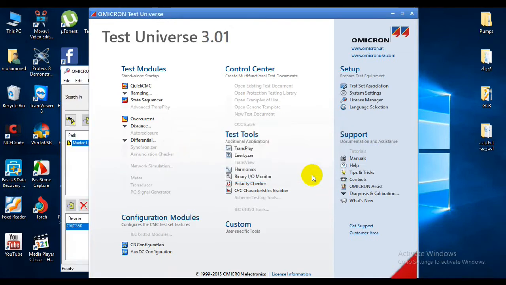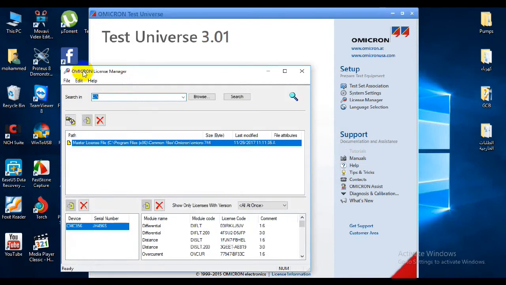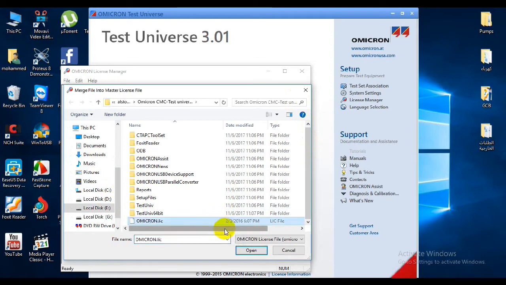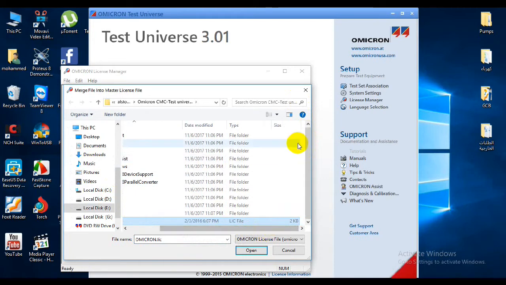So no problem, you can browse from your folder. This option is to browse from the folder where you have the license key. License file will be named like this, omicron.lic, and the total size of the file will be less than 5 KB.